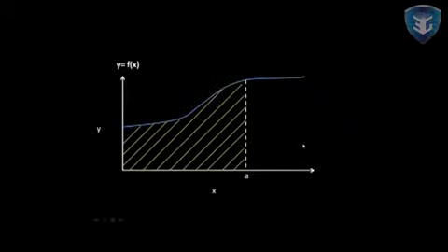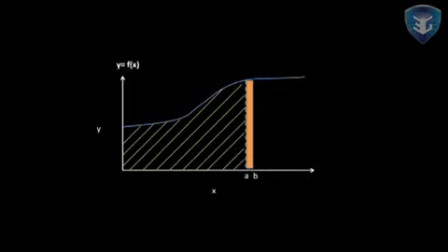The integral of a function is the area under the curve of the function. Given that this is so, and that the derivative is the rate of change of a function, we are seeking the rate at which the area under the curve changes with respect to changes in x. To see this, let us consider a point B to the right of A and see how much this changes the area by. When x increased from A to B, that is by B minus A, the area under the